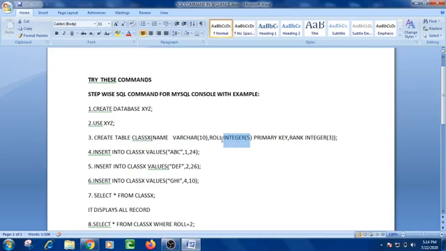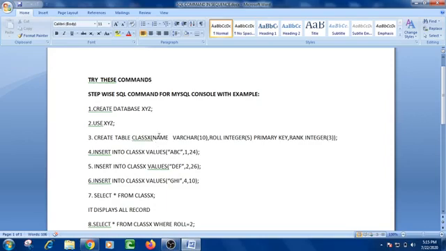And at the same time I am going to make the roll field a primary key. So you can see how to define the primary key by using the command. Simply you have to write primary key after giving a single space. And the third field is rank with the same data type integer, and its size is 3. All of you can see that I have entered the number 3. What does it mean? Now it is not going to accept more than 3 integer digits.